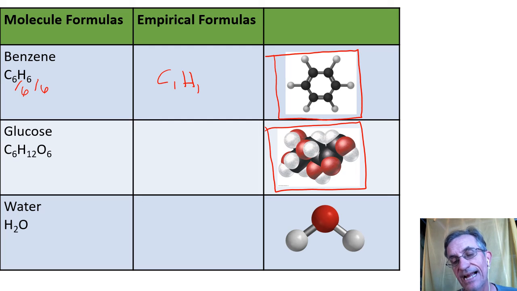If I tell you the exact number, that's the molecular formula. If I just tell you the ratio, that is the empirical formula. Now, the way we get that ratio is we take all the subscripts and figure out what we can divide them by. So when you see 6 and 12 and 6, what are they divisible by? You could divide all those numbers by what number if you want to simplify? Okay, they're all divisible by 6. So if you divide them all by 6,